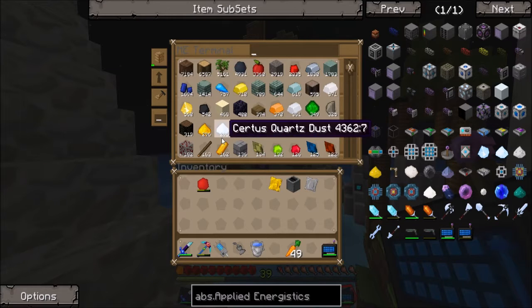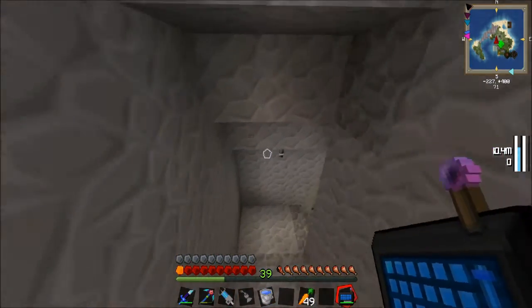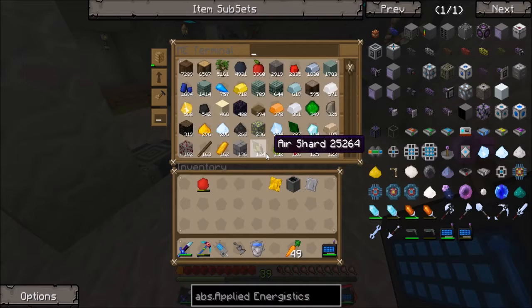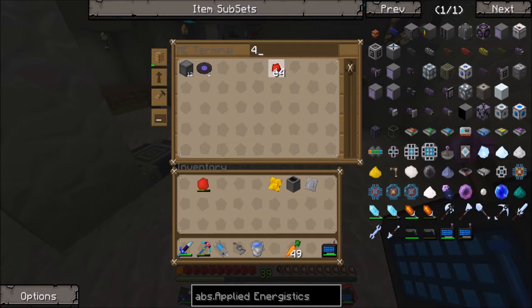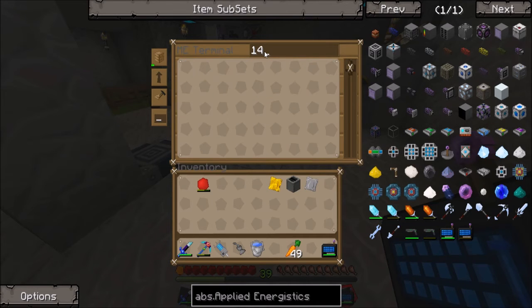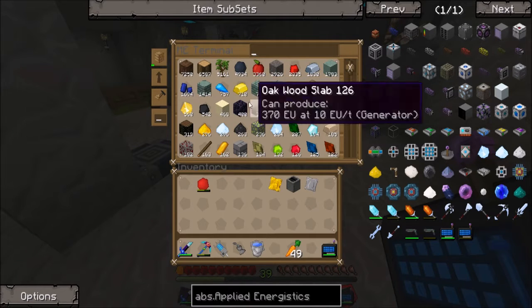So holy cow, that's going up really quick. That's a lot of dirt. I might have to go set that to where it doesn't put any more dirt in my system. But actually, let's see here. What did it just do? Yeah, I thought I had those guys set to manually make up, but I guess I didn't, because I need